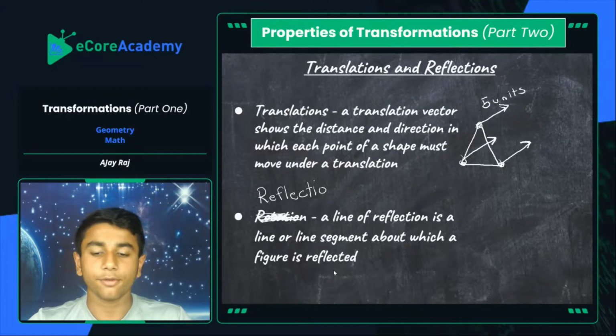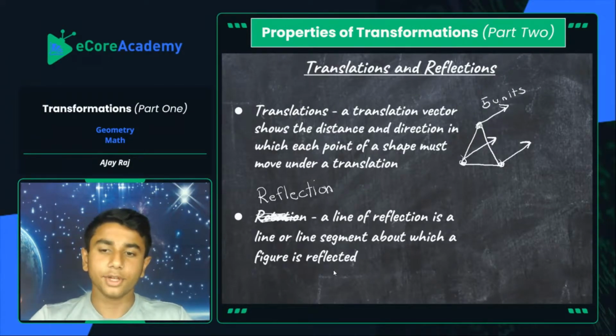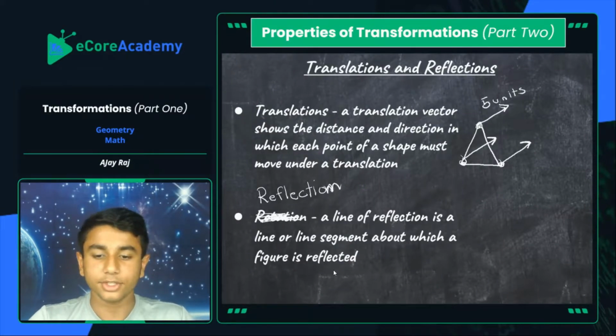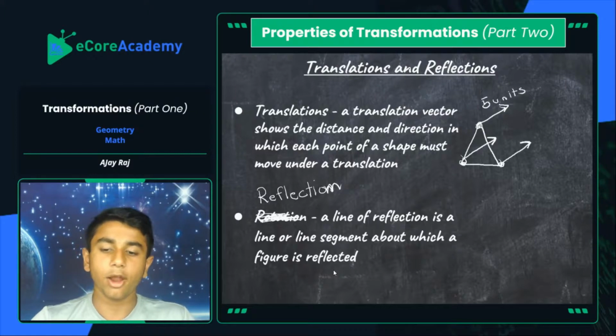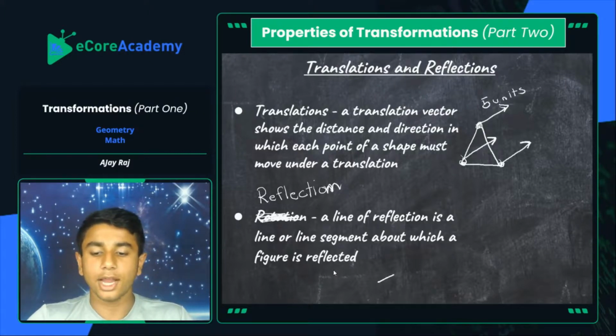So finally, for our reflection type of transformation, we have a line of reflection, which is a line or line segment about which a figure is reflected. So remember how I said we're going to have this little line here in my previous example, which is our mirror, in which this segment here, which I'm going to label segment A, is going to be reflected across, just like a mirror would in the same exact relativity and property. So basically, this line is our line of reflection, and this is where this line A is going